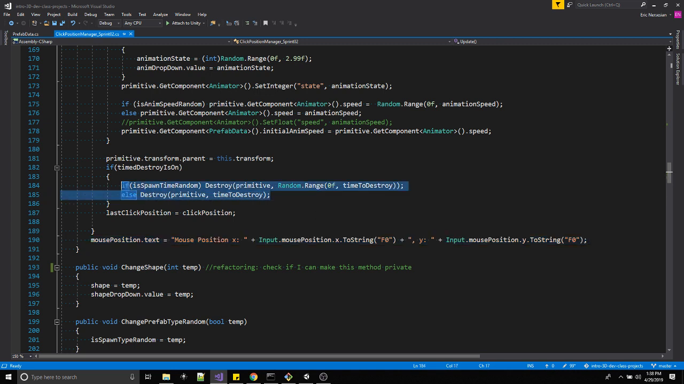So within that whole cycle of things, all the way at the end basically, do we need to turn on the time destroyer on this object? If this is false, the thing lives forever, and the only way the user can get rid of it is either right click on it or hit the clear all button. But if time destroy is on, which is our default behavior,